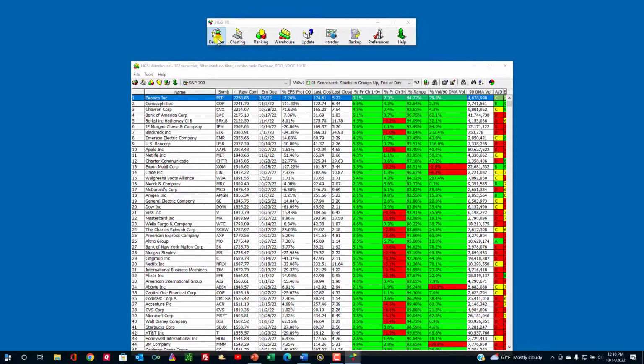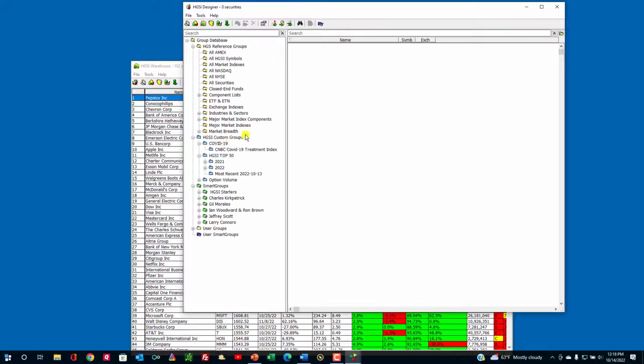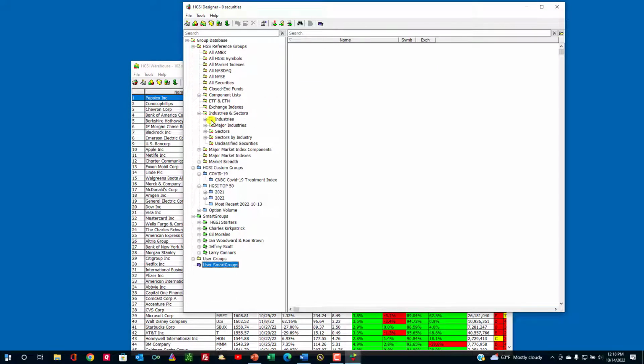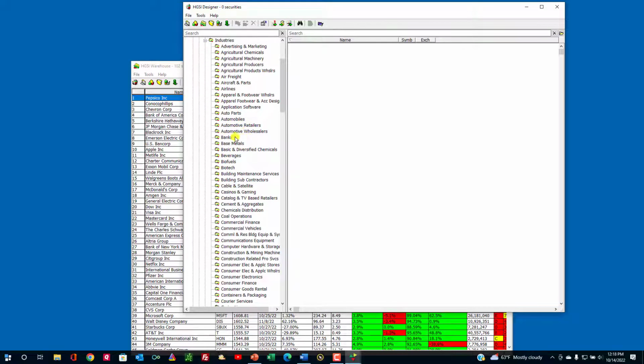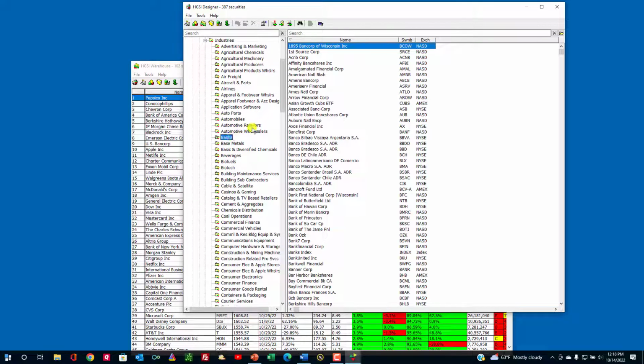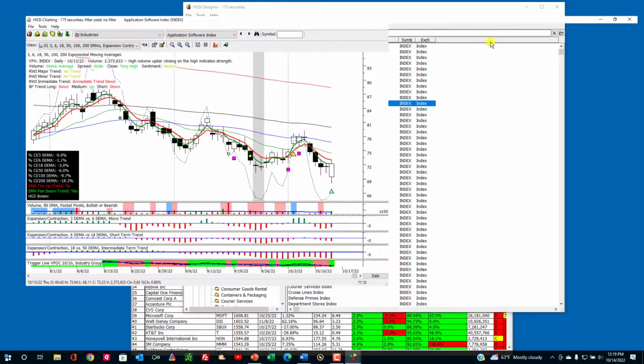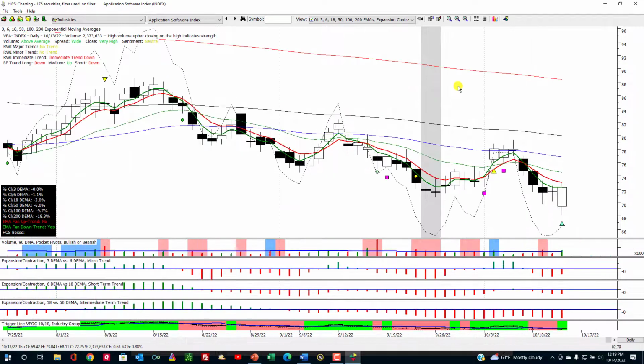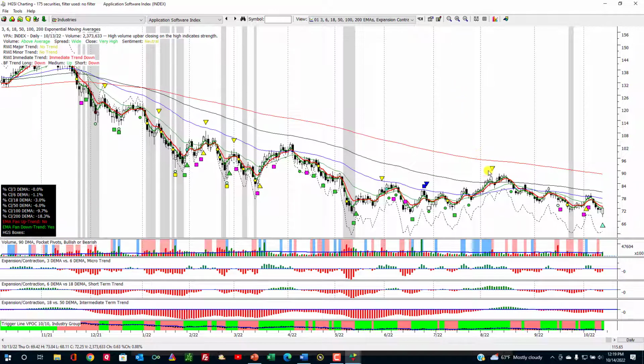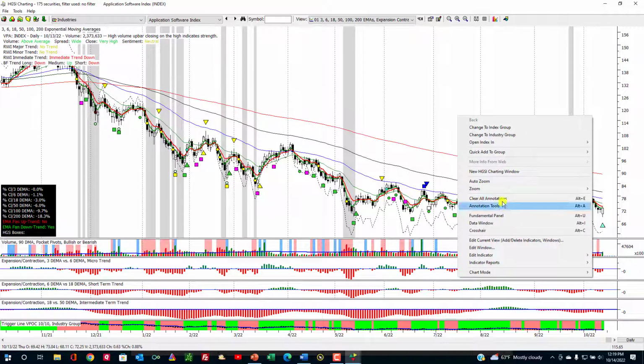Now that they're rebuilt, I can go into my industries, click on an industry. Let's just look at banks, for example. And I'll double click on a bank. Actually, I'm going to go up here to the top. I want the indexes. I'll click on application software index. And if I go to use the 3 key or alternate 3, you can see that alternate 3